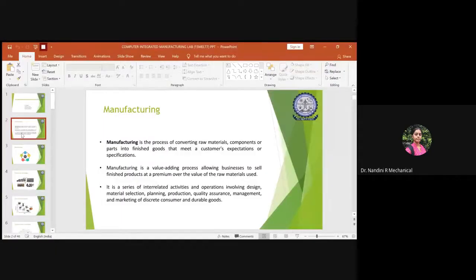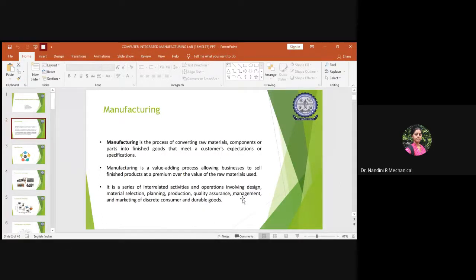In between the raw material and a product, many things come into picture. First, you need to take the customer expectations, then you do the planning, you do the designing part, then you select the materials related to the properties which are needed, then you do the modeling, simulation, and then do a miniature kind of thing, what we call a prototype, and then go for actual manufacturing. Manufacturing is a value added process which is very essential in any kind of business sector. It could be any product the company is manufacturing, so it is applicable to all types of industries.